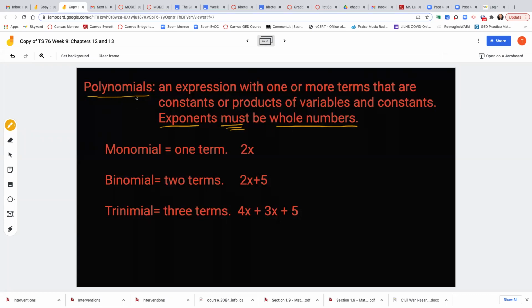Poly means many, and nomials is a math term. It's an expression with one or more terms. We learned that an expression is a phrase already, like 2x plus 5. An expression with one or more terms that are constants or products of variables and constants. That's a lot of language here. Trust me, I'm condensing what was in your textbook down to as few words as possible. But I do want you to underline this concept in your notes